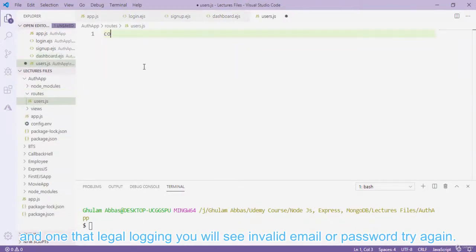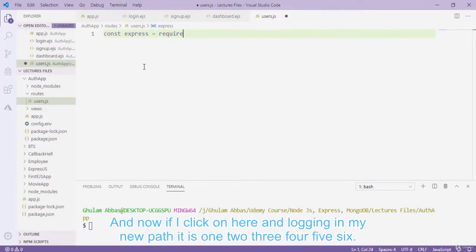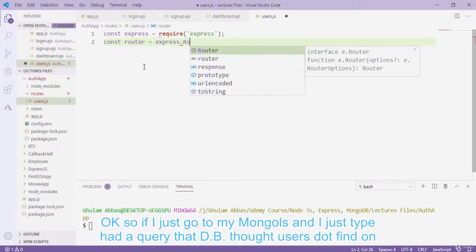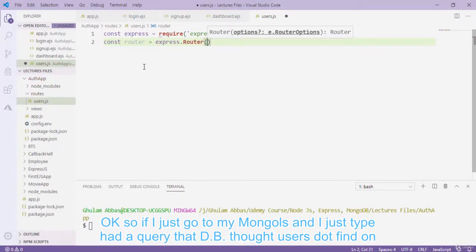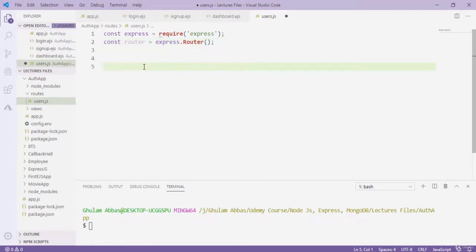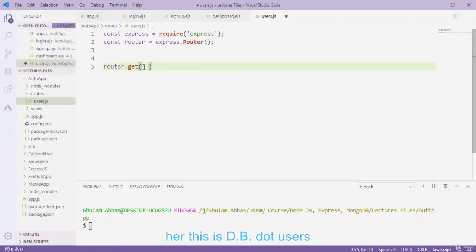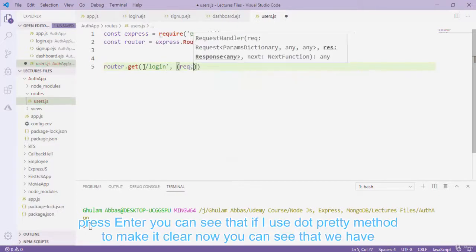So first of all, I type here const express equals to require express, and then after that I have to type here the router. So router equals to express dot router method, and then I have to type here router dot get slash login, request, response,